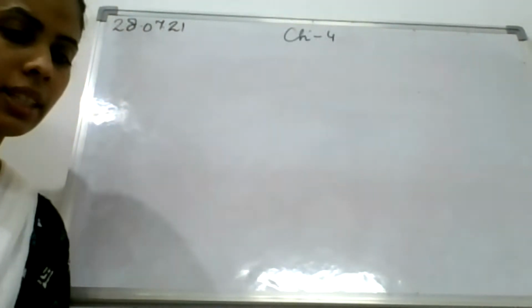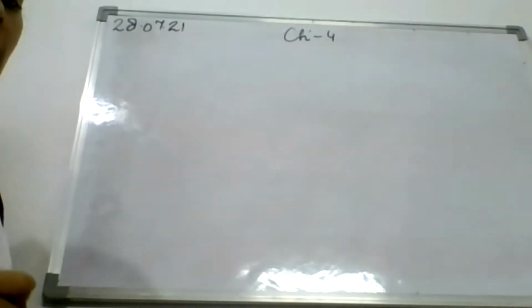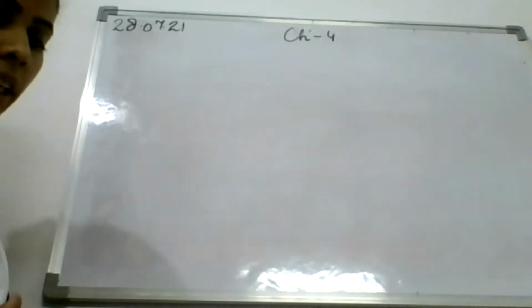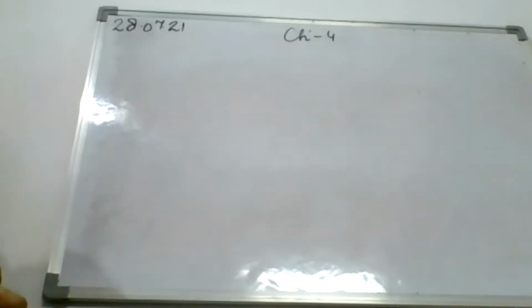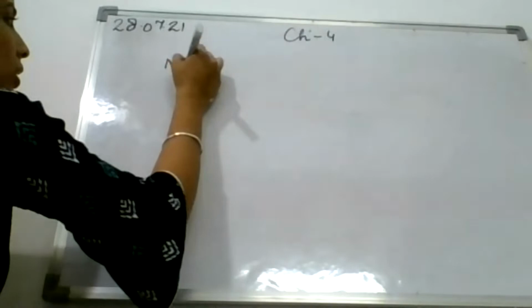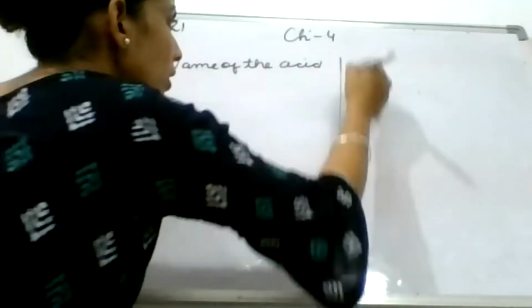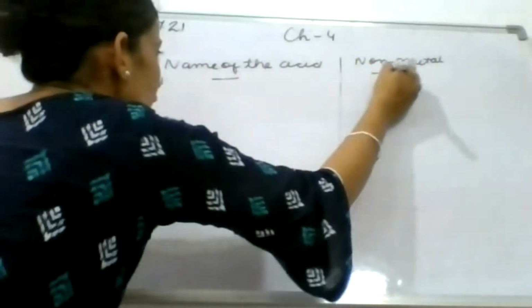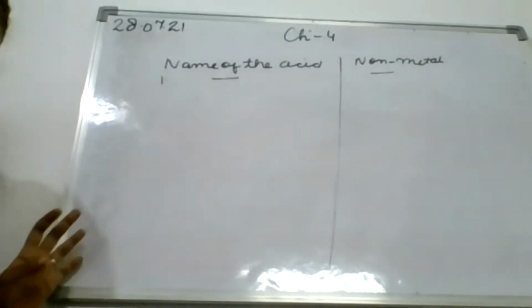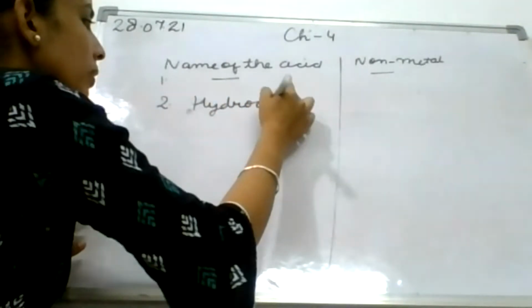So now next we will discuss the table. We have discussed table 4.4, given on page number 48, and the first two columns we have already covered, metals and non-metals in acids and bases. Now we will do the third and fourth columns, the name of the acid, and here we have to write the non-metal. First, as given in your book, is sulfuric acid, and the non-metal present in it is sulfur. Second, you can write the example of hydrochloric acid,